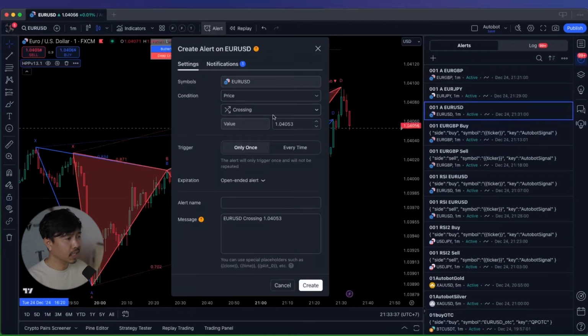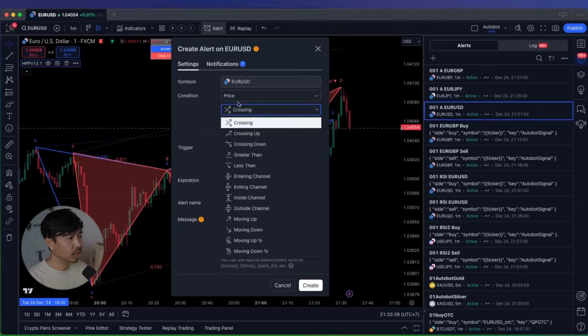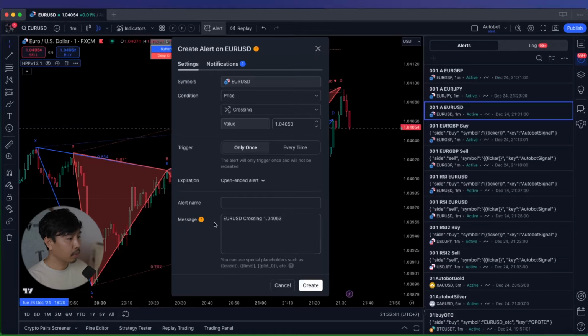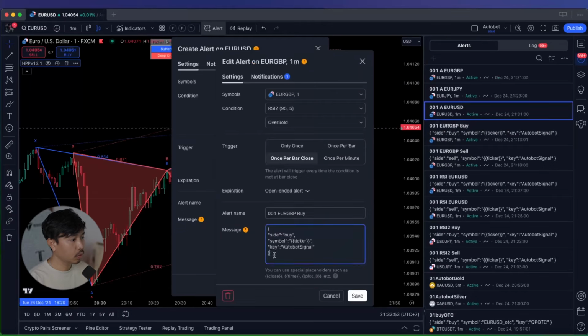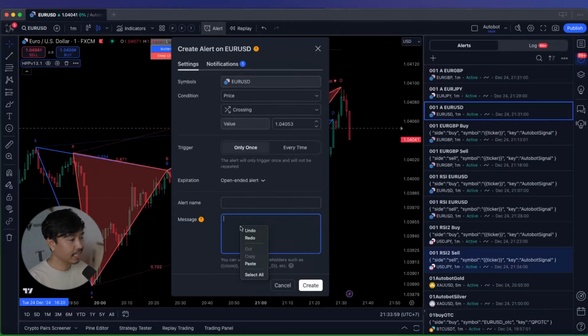When you select the alert, they will ask you the condition to buy or to sell, and then there will be a message, and you need to input your JSON code here so that it can communicate with the Autobot. For example, like the one I created right there. Click here. You just need to copy this